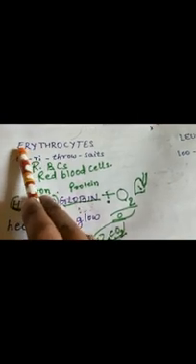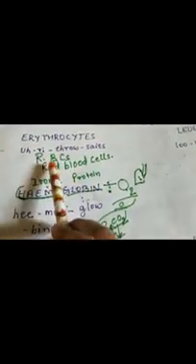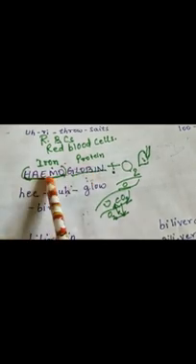See, red blood cells are also known as erythrocytes. Spell after me: E-R-Y-T-H-R-O-C-Y-T-E-S. Erythrocytes. In short, it is written as RBCs or red blood cells. It is red because it has an iron containing protein, hemoglobin. So hemo is the iron and globin is the protein.